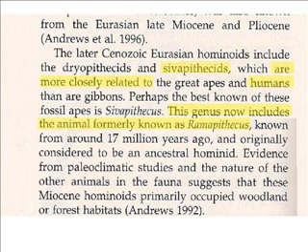The later Cenozoic Eurasian hominoids include the Dryopithecids and Civipithecids, which are more closely related to the great apes and humans than are gibbons. Perhaps the best known of these fossil apes is Civipithecus. This genus now includes the animal formerly known as Ramapithecus. Okay? I think it's pretty clear that the words he took out significantly changed the meaning of the sentence. He's trying to imply that the authors are saying that Civipithecids are closely related to humans, when what the authors are doing is taking the clade, the great ape clade, which includes humans, and contrasting it with the lesser apes, the gibbons. Okay, do you see?